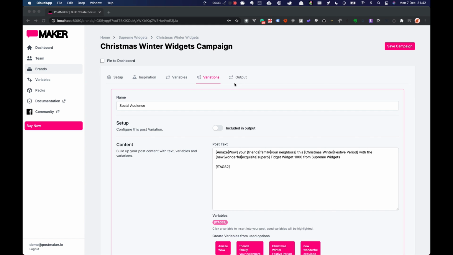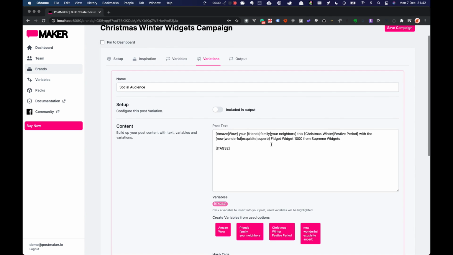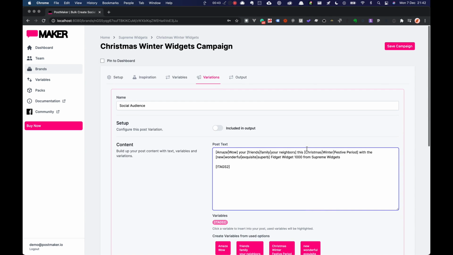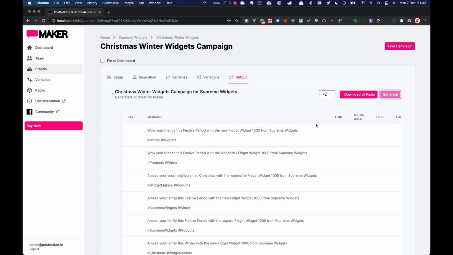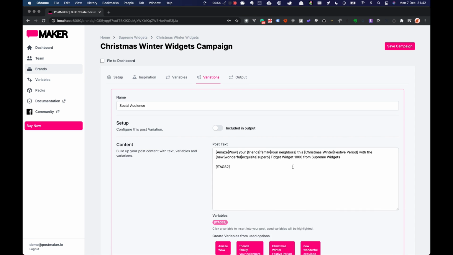or a particular campaign. So we're looking now at a post that we have already created, and it is talking about the Fidget Widget 1000 from Supreme Widgets. And if we output here, we're already creating a respectable 72 posts about this single product. But if we have a look at it and the phrasing or wording can be applied to all of the products, then what we could do is have a products variable and it will create a version of this for